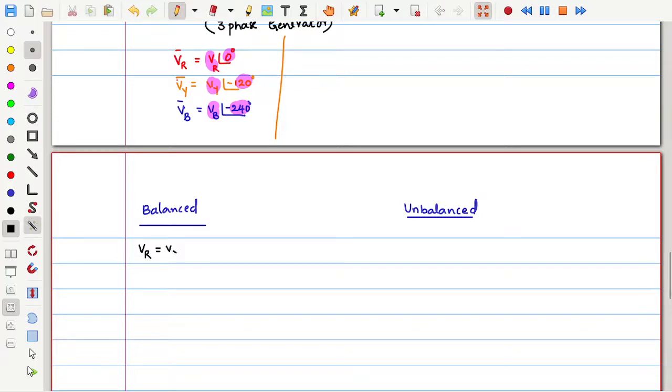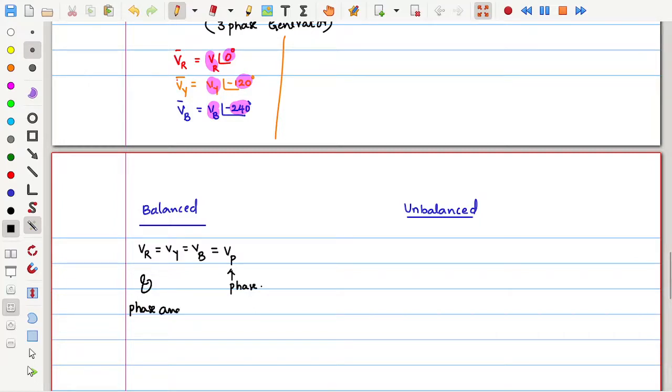VR must be equal to Vy, which must be equal to Vb, which is equal to, let us say, V, or Vp. Vp means phase voltage. P represents phase. If all magnitudes are the same, then the angle from one to another is 120 degrees,